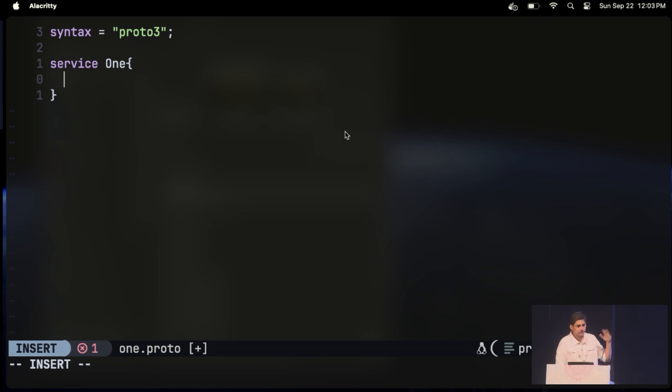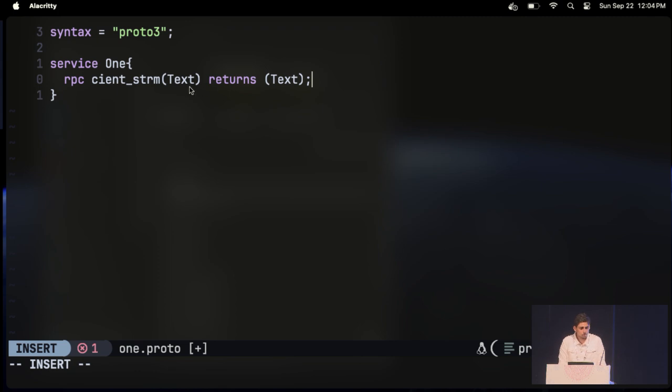One where the client is streaming data, one where the server is streaming data. We can do one by one. So let's have first RPC client stream. This name can be anything. Let's say it takes text as a message input and returns text. Now if you note here, I'm taking text as an input and returning text. We have not specified anywhere that I'm going to stream data here.